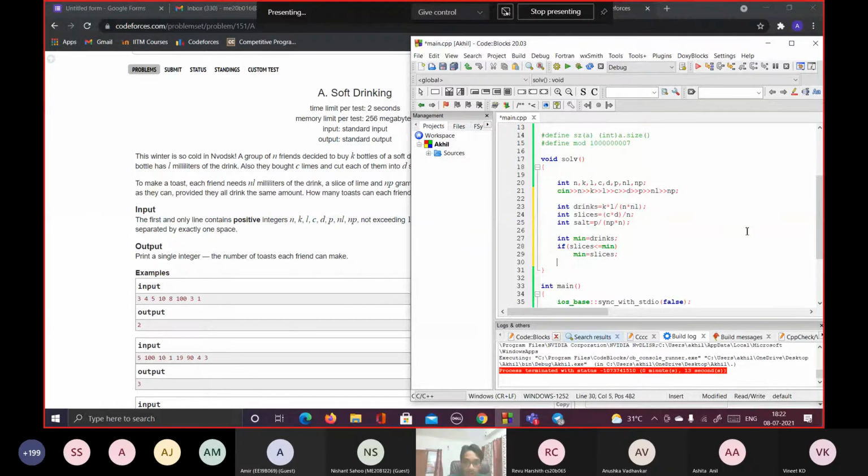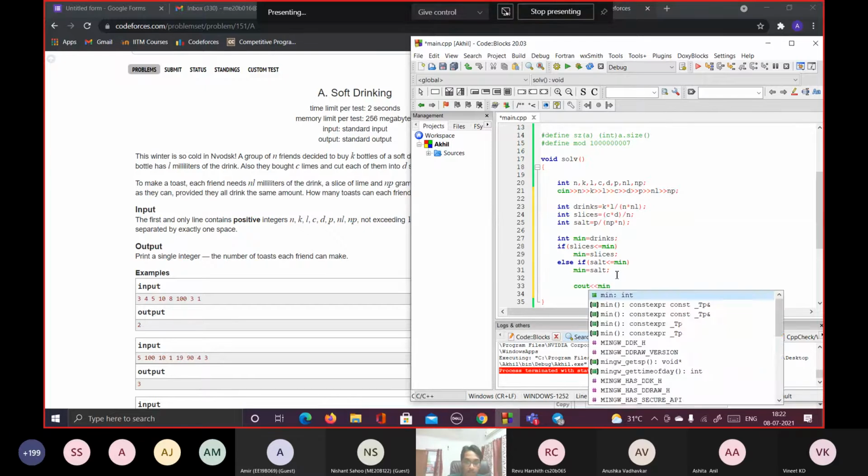And else if salt is lesser than the minimum, the minimum becomes salt. Else the minimum is actually drinks. So you could print the minimum of the three numbers.